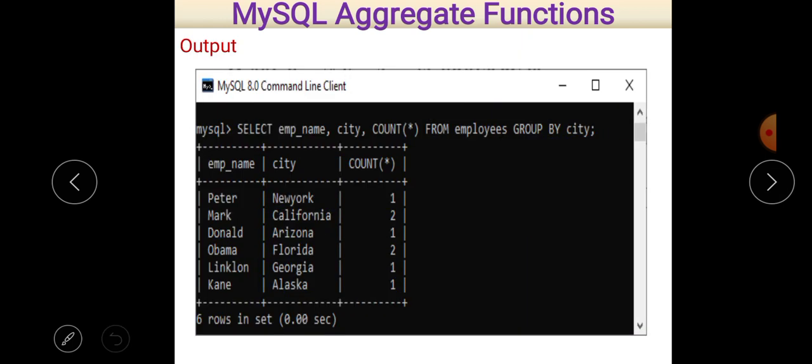That is our answer. You can easily see that in New York City there is only a single employee. In California, 2 employees are there. In Arizona, there is only a single employee. So this is our answer. Look at the answer.